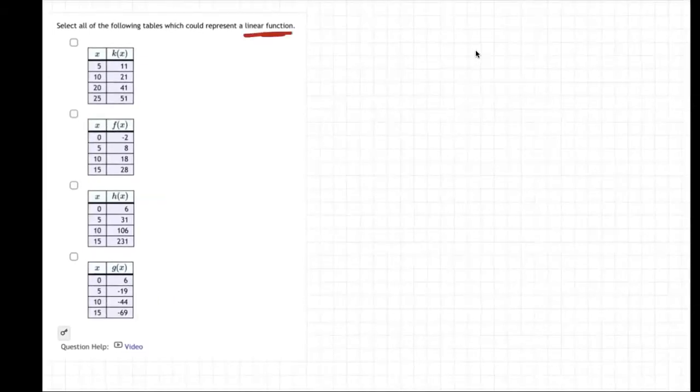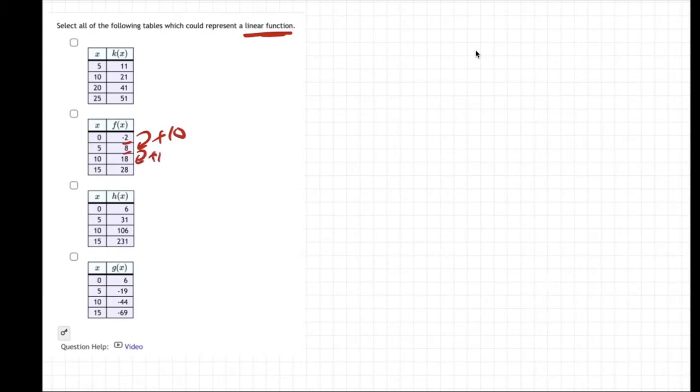Welcome to an example in which we're looking at which of these tables could represent a linear function. Okay, so let's talk about a linear function and what it is. Notice over here on this first one that this number goes up by 10 from 11 to 21, and then it goes up. Oh, actually, let me come back to that one. That one's tricky. So notice over here, this one goes up by 10 from -2 to 8,